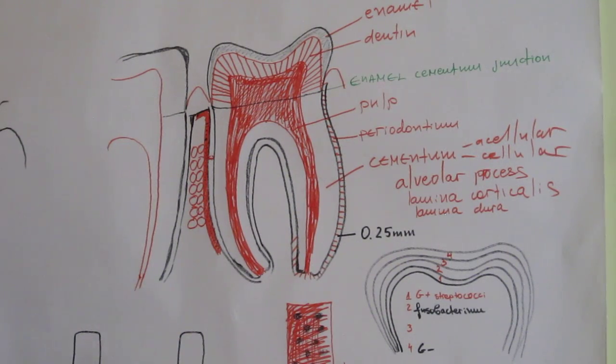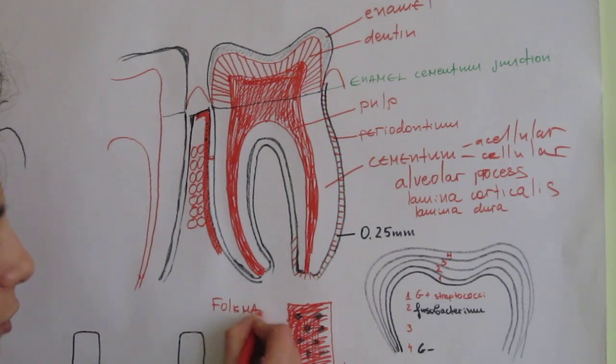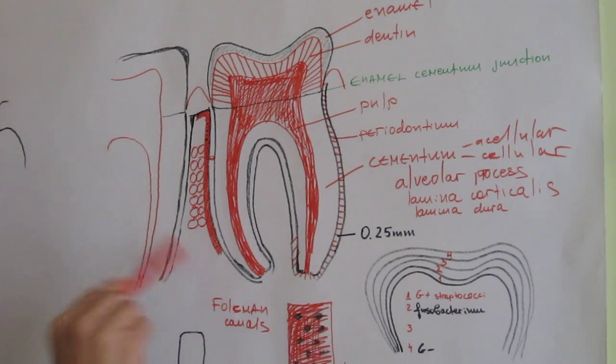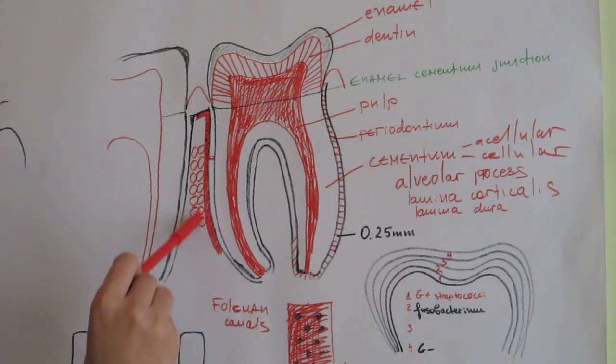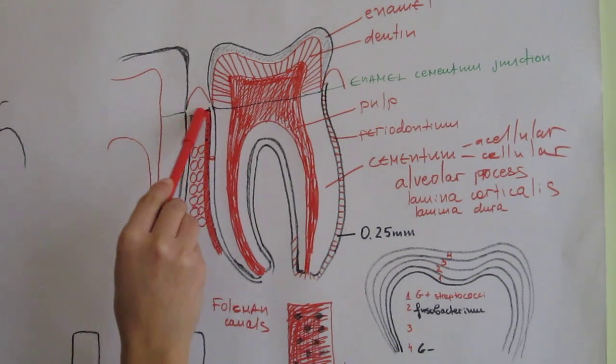So I'll tell you about alveolar bone. It has some canals. These canals, as I said, are called Volkmann canals. And there are some Haversian canals. The spongiosa and the corticalis. The corticalis is